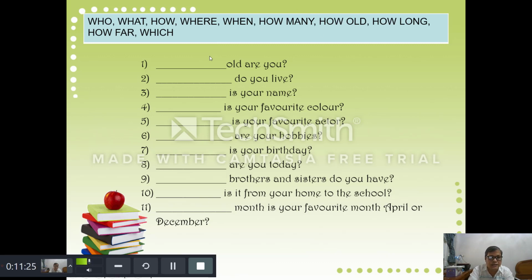The first one is a bonus already. I told you already that the answer is how old are you? Then you answer also in your notebook. I am 13. I am 14 years old. So you answer this one. Write it in your notebook and answer also in your notebook and send the notebook to teacher Earl after you